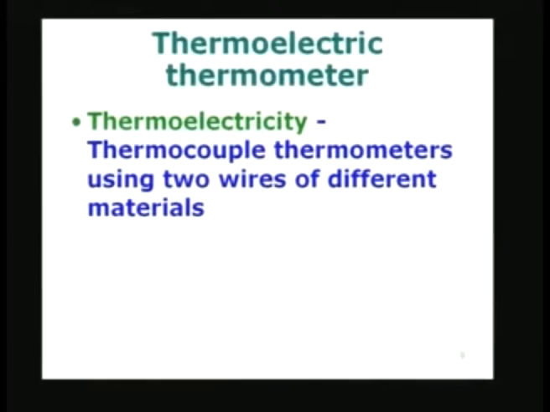More often you find thermoelectric thermometers used, and therefore I have taken that as number 1. So thermoelectric thermometry consists of the use of thermocouples. We will come to it in a little while from now. It means use 2 wires of different materials, make a junction between them, and subject the junction to a temperature different from, you have essentially two junctions, one which we call the measuring junction, the other the reference junction. If the temperatures are different, you generate an EMF, and that EMF is the thermometric property, and there is a unique relationship between this EMF and the temperature.